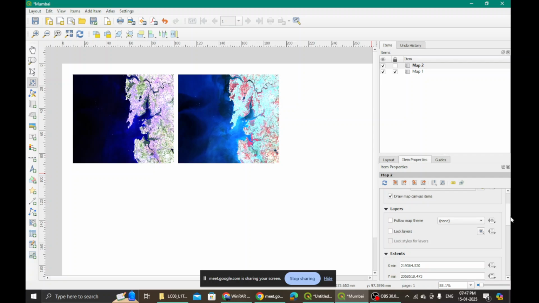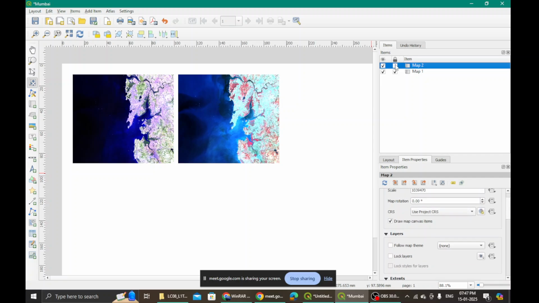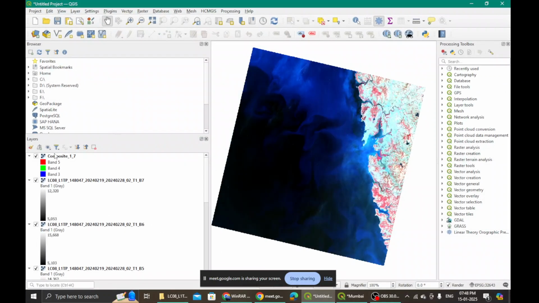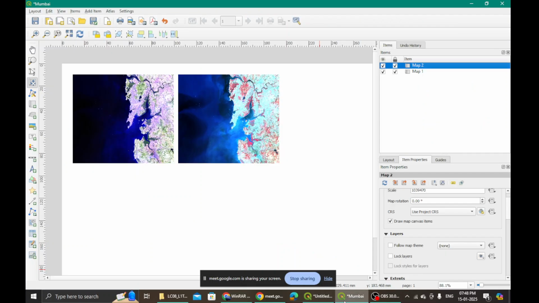Have you done this? How many of you could make this? I'm also locking my map too, so that there won't be any more changes. Come and drop me a Y if you could do this. Make two maps with a different band composition. It is the same band composite that we are using, isn't it? However, here we can see population, that is settlement area, built up land, and here we can see vegetation land.